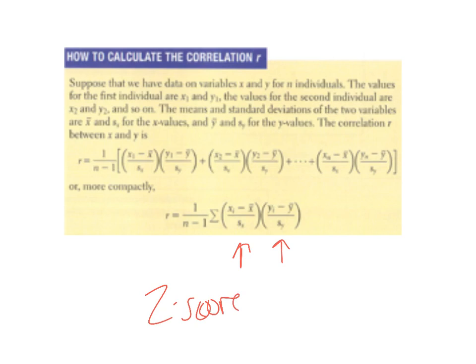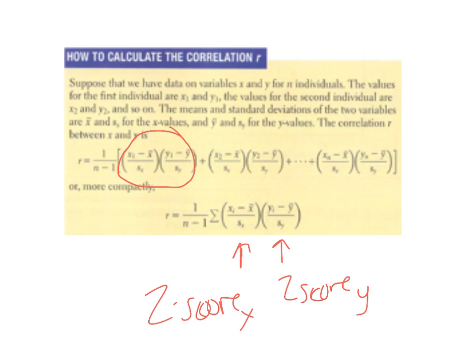Right? I took my data point and subtracted it from my mean, divided it by my standard deviation. Basically, you went through and standardized the x and the y value for every data set. So, for example, in the SEC football situation, you standardized the x and the points per game and the wins